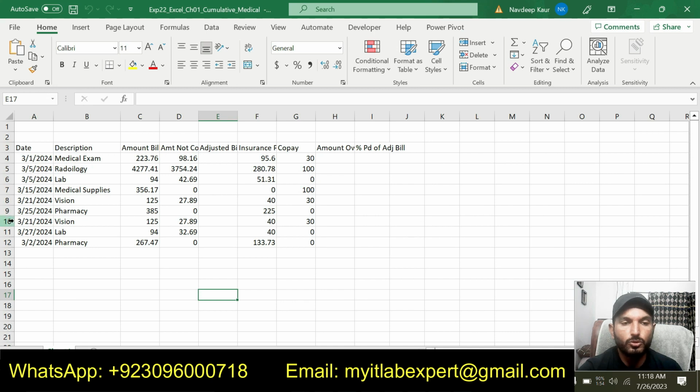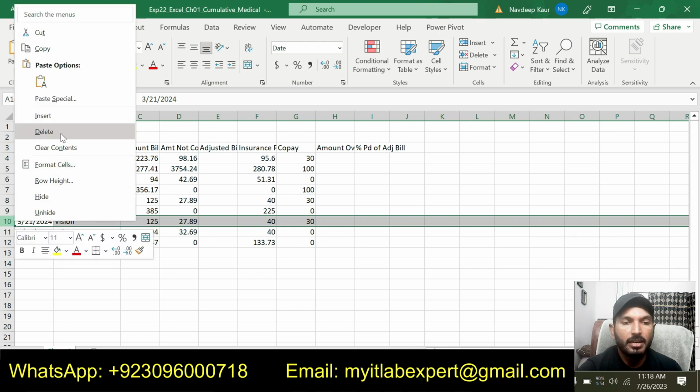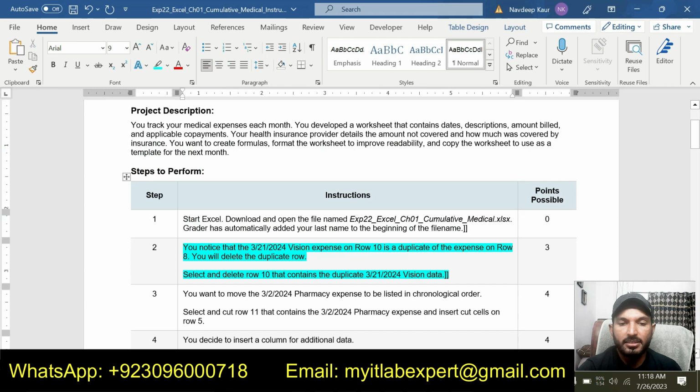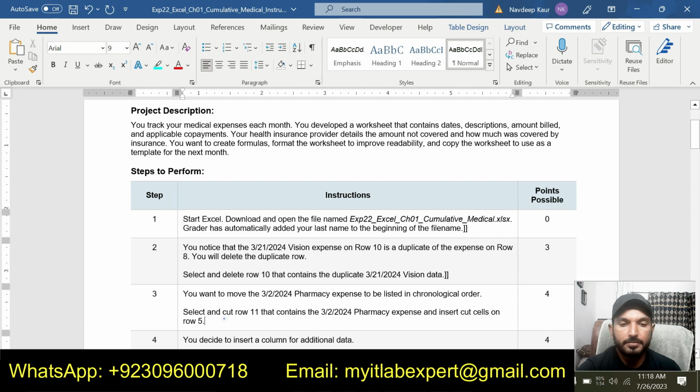So we will simply select row 10, right click on it and delete this row, because we are supposed to delete the duplicate data row. So we are done with step number 2. Now we will move to the next step, step number 3.